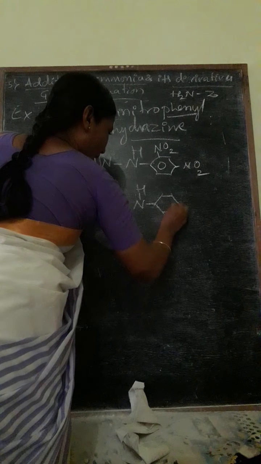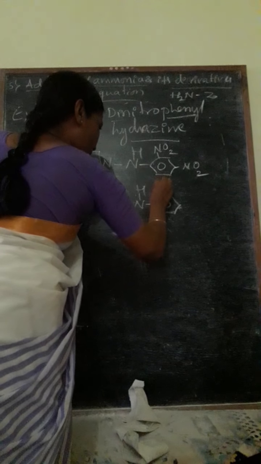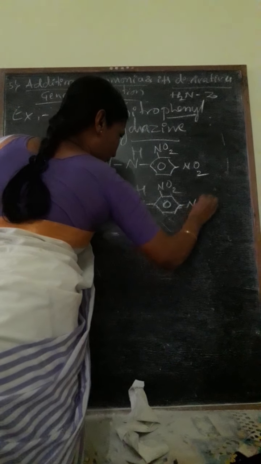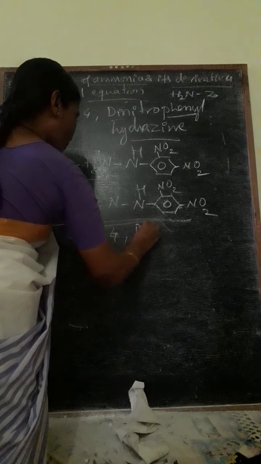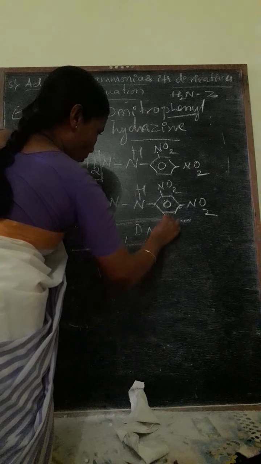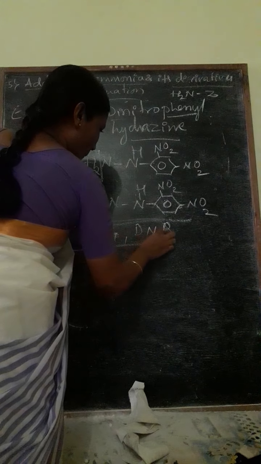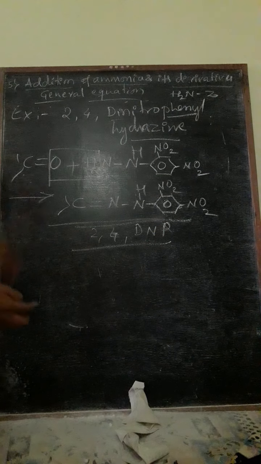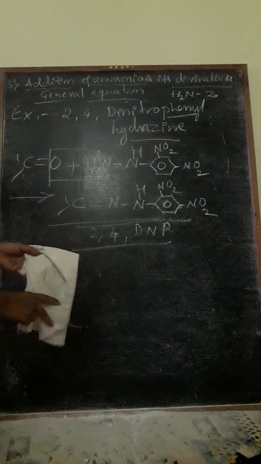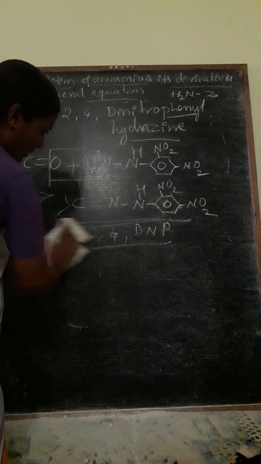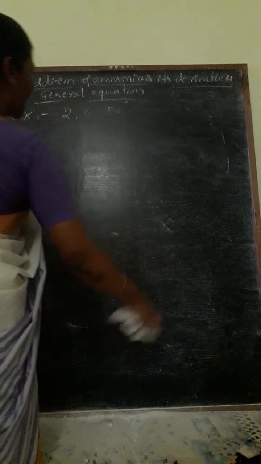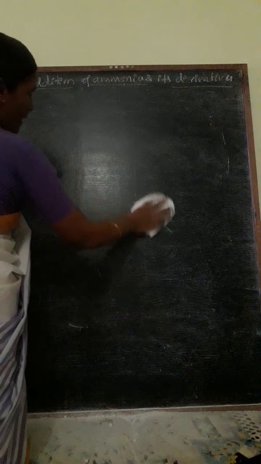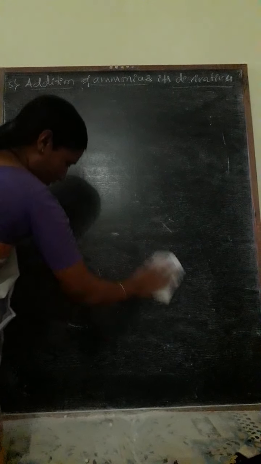Likewise, you have to practice all the reactions by taking various examples. Now, this compound is known as 2,4-dinitrophenylhydrazone. Shortly, it is 2,4-DNP, meaning phenylhydrazone. Similarly, remaining reagents you have to use and complete all the equations. This is somewhat important, as in one last question they ask to complete the equation or what is the product formed. There are various types of questions they ask. I will discuss the types of questions later.